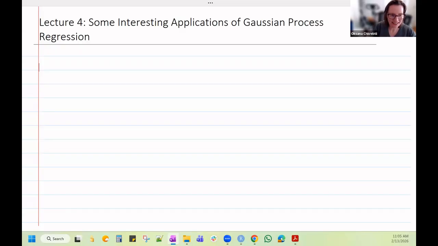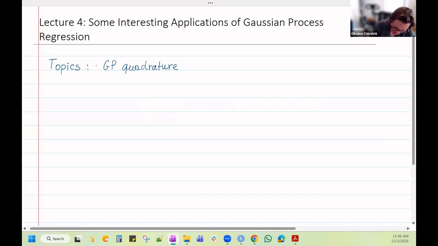So the topics that I'd like to cover today, which are these applications. The first topic we're going to cover is Gaussian process quadrature. Quadrature is a numerical method, but it turns out that you can also approach it from a Bayesian perspective by using Gaussian processes. So we'll see how to do that, and it follows directly from what we have learned about